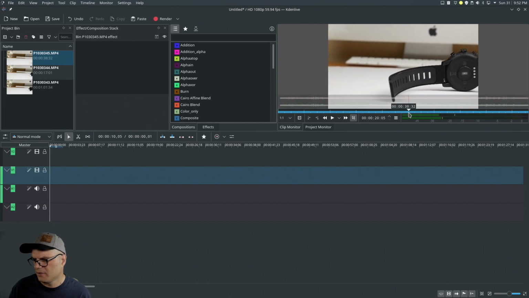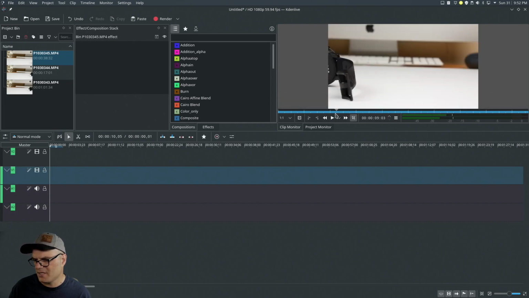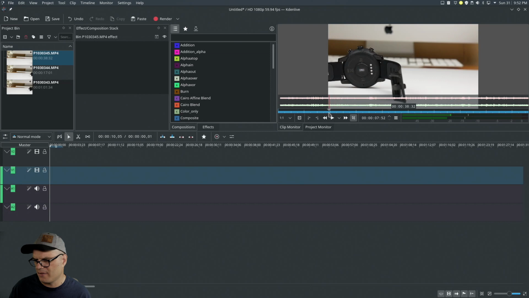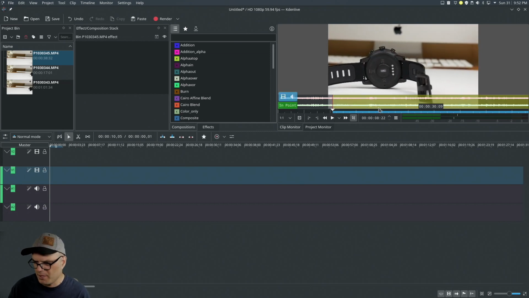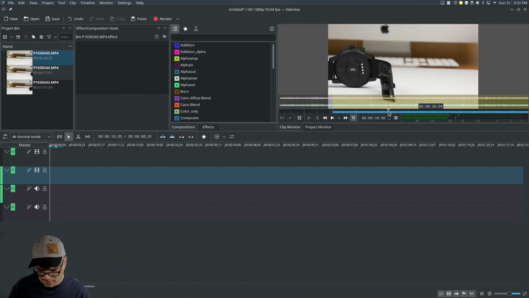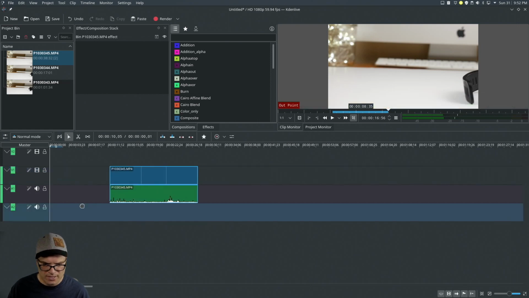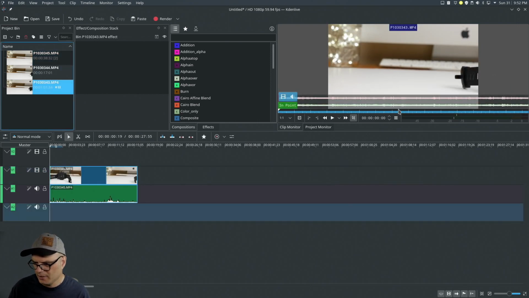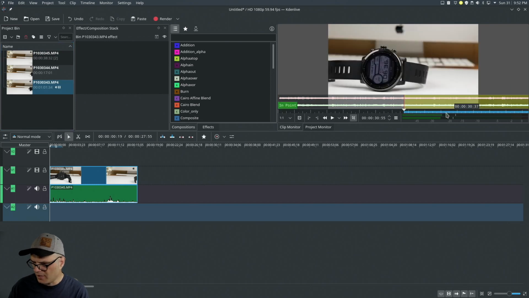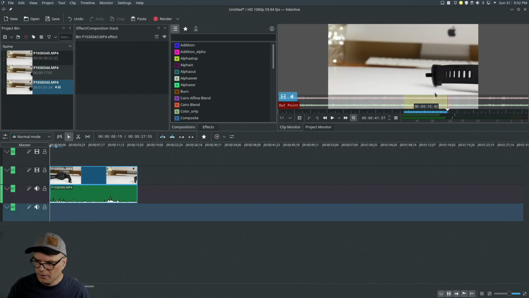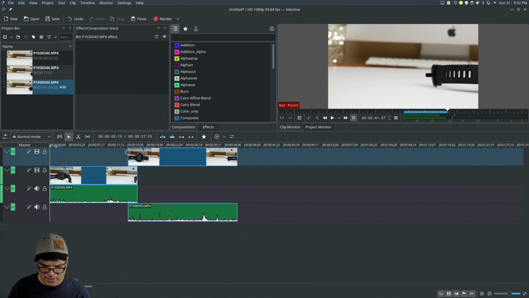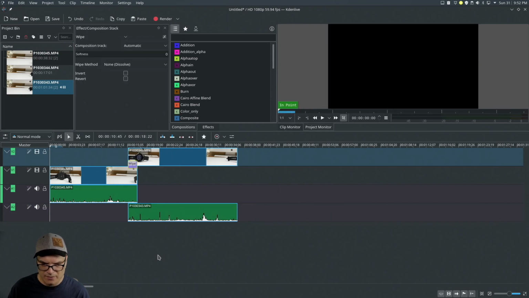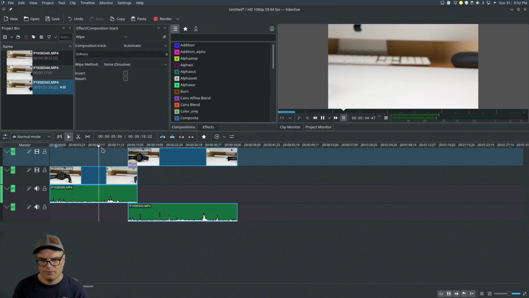Now, the scrubbing, as you can see, scrubbing through here is not the smoothest thing in the world, but playback is just fine. And then we'll get some video here. Let's just take some from this clip as well. I'm just going to take a random section. And I'll just do a quick transition so you can see how that works pretty well as well. So if we come in here and play this back,